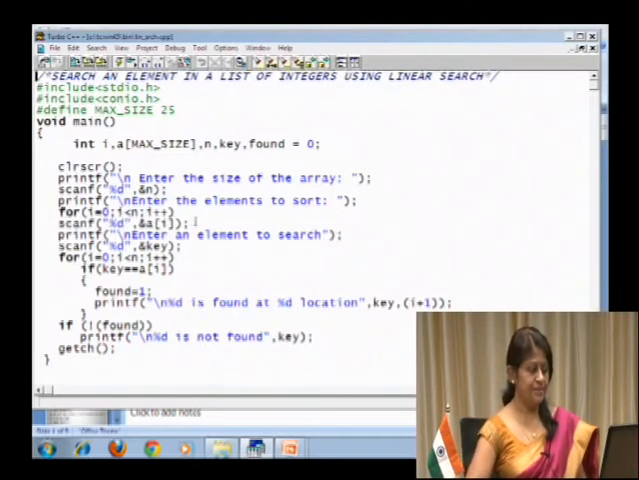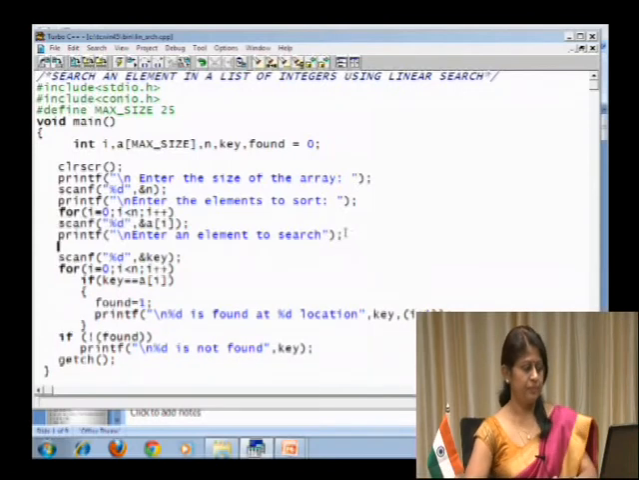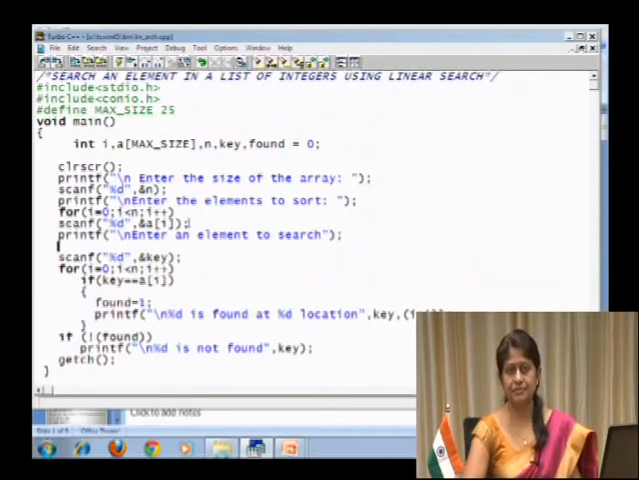So, here as you see, we have an array called A with the index max size. This max size happens to be a symbolic constant because we have told #define MAX_SIZE 25. So, the maximum number of elements over here is 25. After that, we are trying to input the values for the array by using these two statements, that is for and scanf. So, at this point of time, we have an array which consists of n elements,